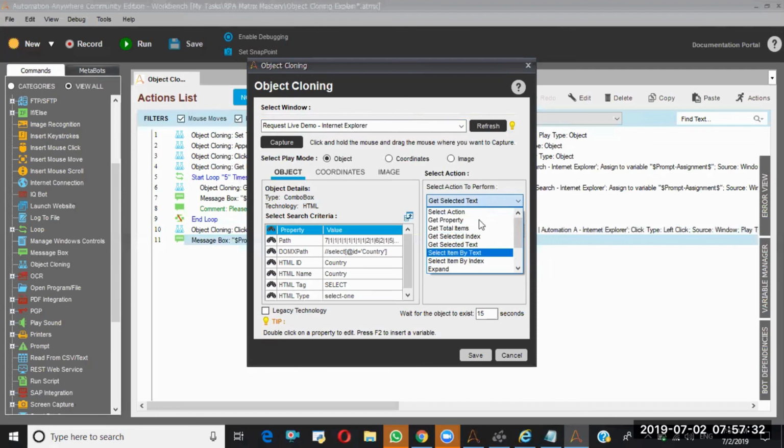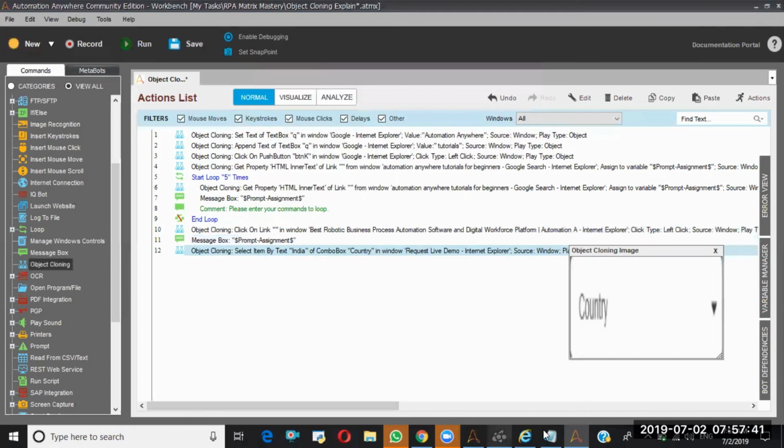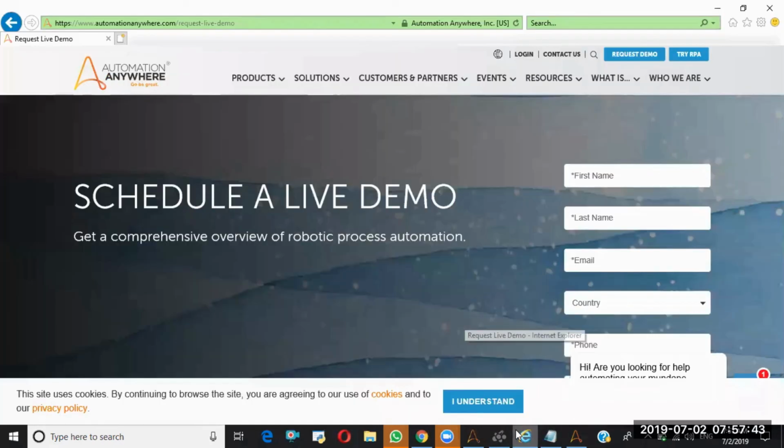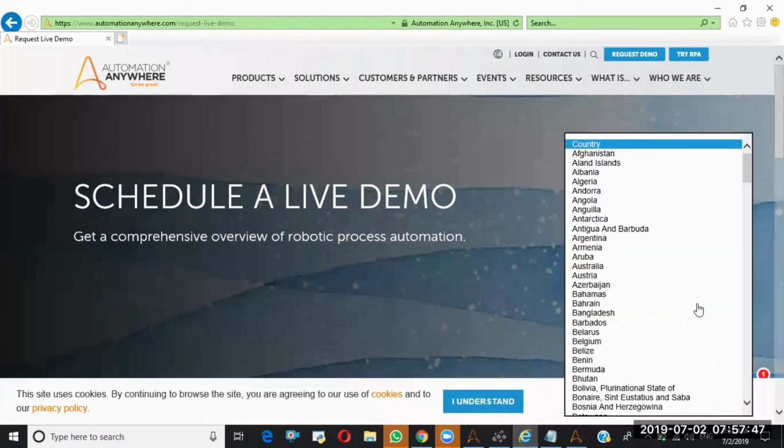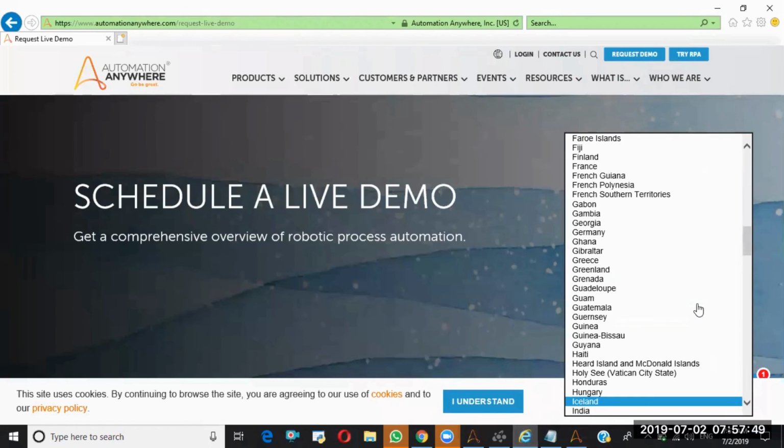Okay. See, select item by text. Here I'll put India. Okay. I'm saving this one. Let me check before that. In this drop down, do we have India or not? Yeah, India is there. I want to search for Andhra Pradesh.